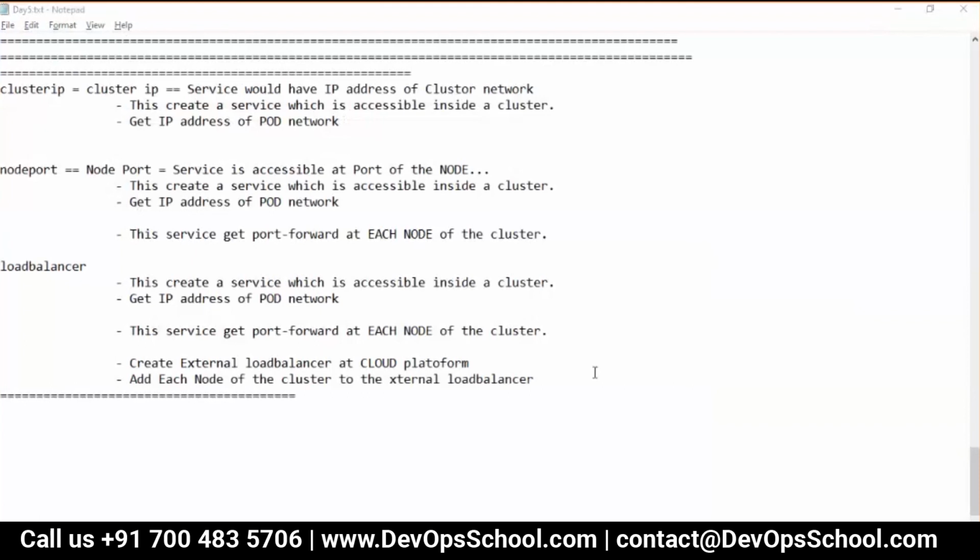In this command, you have so many options given. I would like you to read it for the next 15 minutes and get comfortable with this concept.